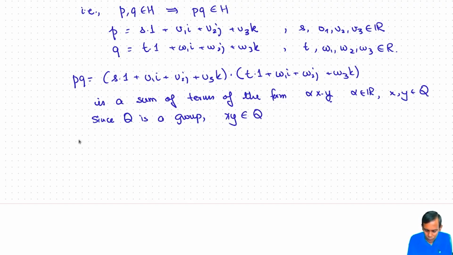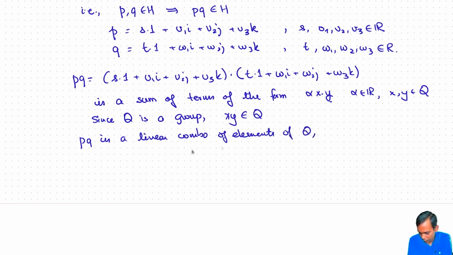So PQ is a linear combination of elements of Q. Hence, by definition of H, PQ belongs to H, because H is precisely the linear span of the elements of Q. For the associativity of multiplication, we don't need to do anything, because associativity is just inherited